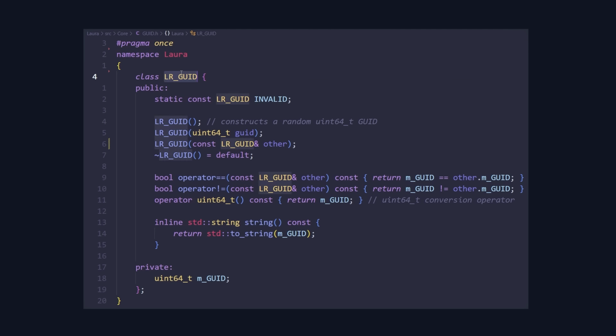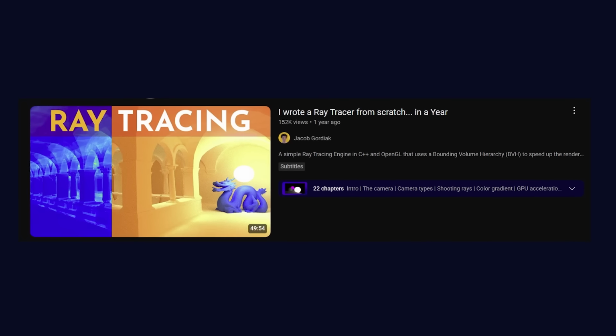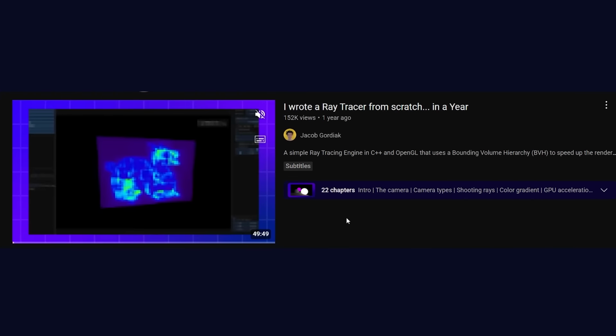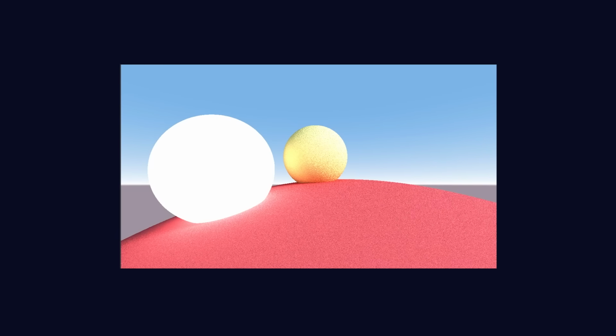So in this little class, we are simply making a wrapper around the 64-bit number with a random generator in the constructor. I've done some work behind the scenes and hooked up the path tracer from the previous video into the engine, taking on the role of the renderer. We'll dive into how exactly the renderer works a bit later, but for now this leads nicely to talking about